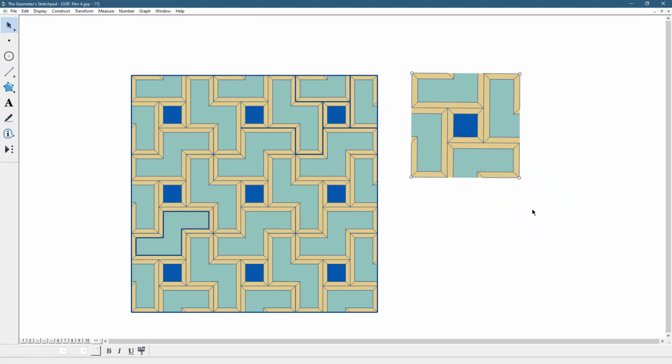I will be happy if I get from you your own version of this pattern. So try to look at it, try to analyze it, and then